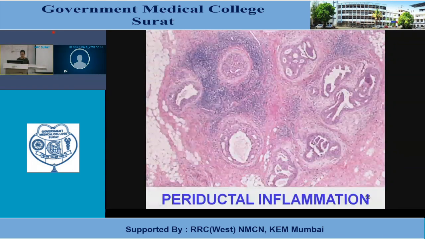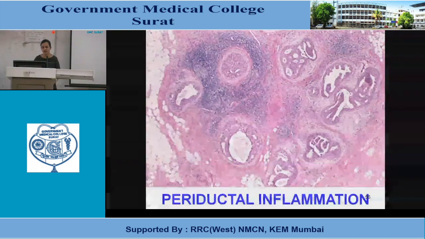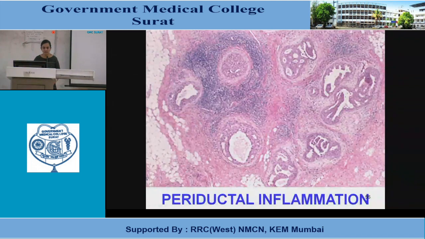Now what you are seeing here is the periductal inflammation. Can you see this blue area which is surrounding the duct? These ducts are basically having apocrine changes. That's why they are looking more blue. But the bluest area is this. How do we discern blue areas and pink areas? The cells which have a high NC ratio, which have less cytoplasm, will look more blue in histopathology slides. And we all know that lymphocytes have very little cytoplasm. That's why when you see such areas in the appendix, in the ileum, in the inflammatory areas of the breast, these are lymphocytes.